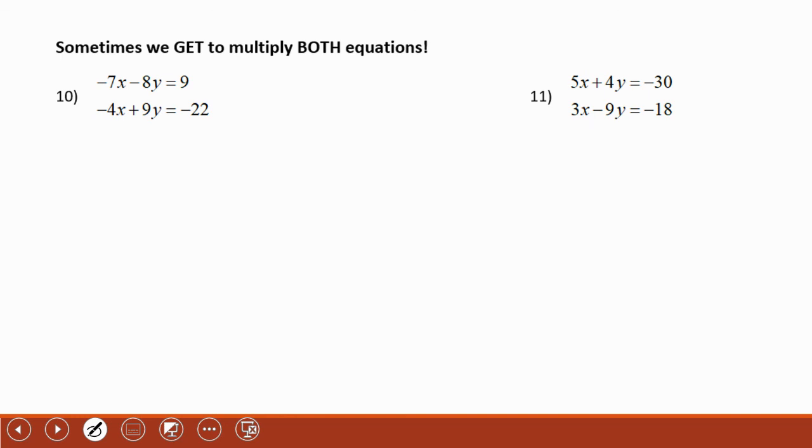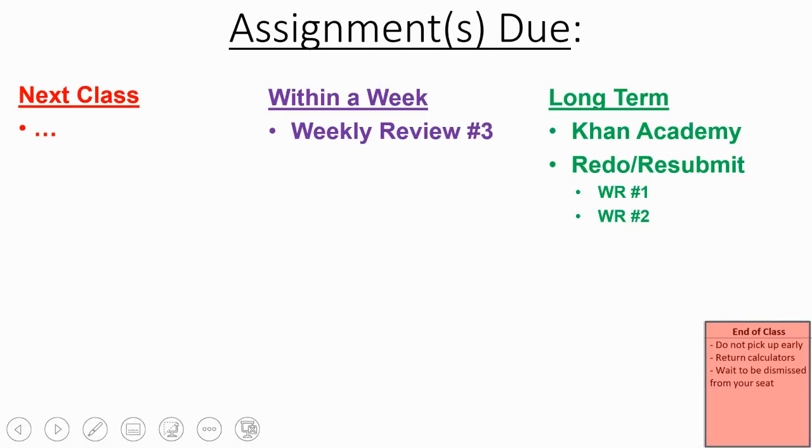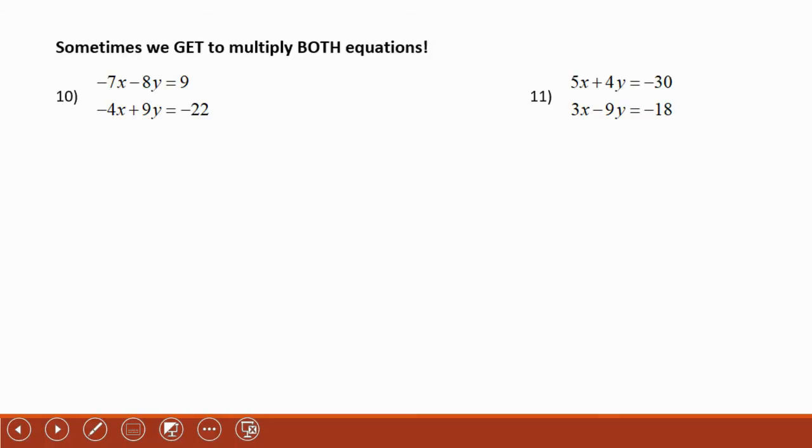This is the advanced part. This would be on our third day or our second day in the one class. So in this one, there's nothing I can multiply the equation by, make it work with one step. So what I have to do is something called multiply up, multiply down. But I realize that right here that I have opposite signs. So if I multiply this equation by 9 and this equation by 8, then I end up with